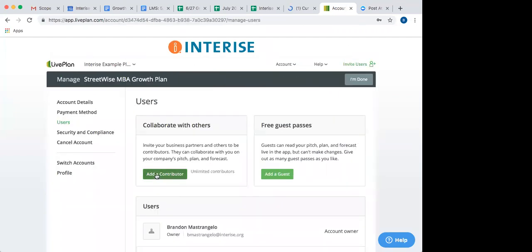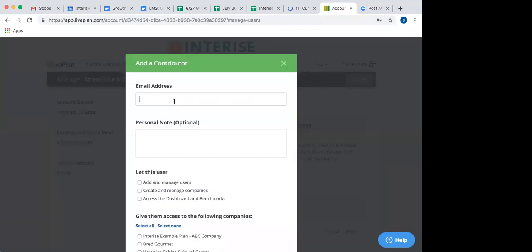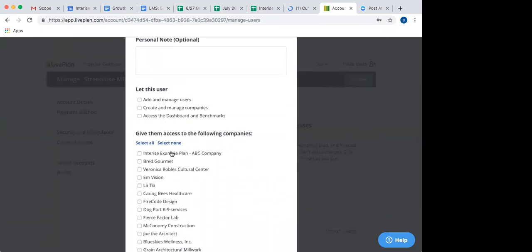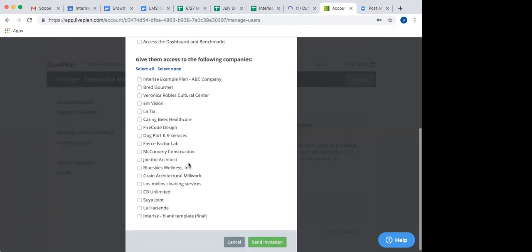When I invite a user, I'll add a contributor. I'll put in your email address right there. I'll send you a little note: Hey, welcome to your growth plan account for this pilot program. I'm going to give you access to the Interise example, the one that we just viewed, that ABC company, and then you'll get a copy of the blank template.